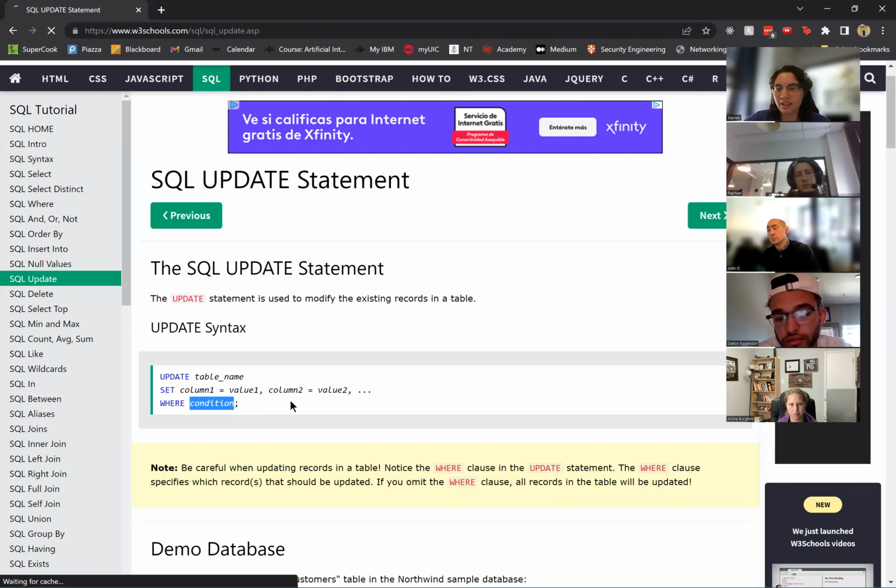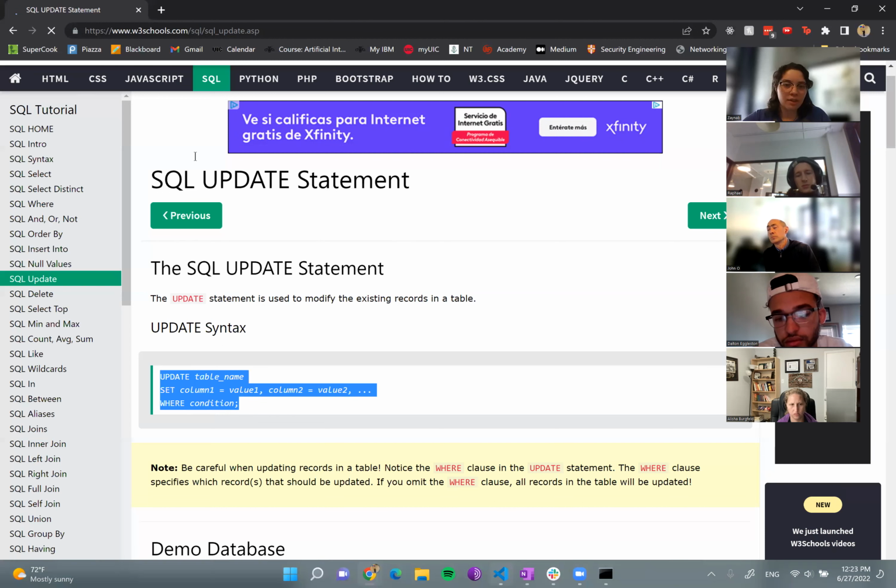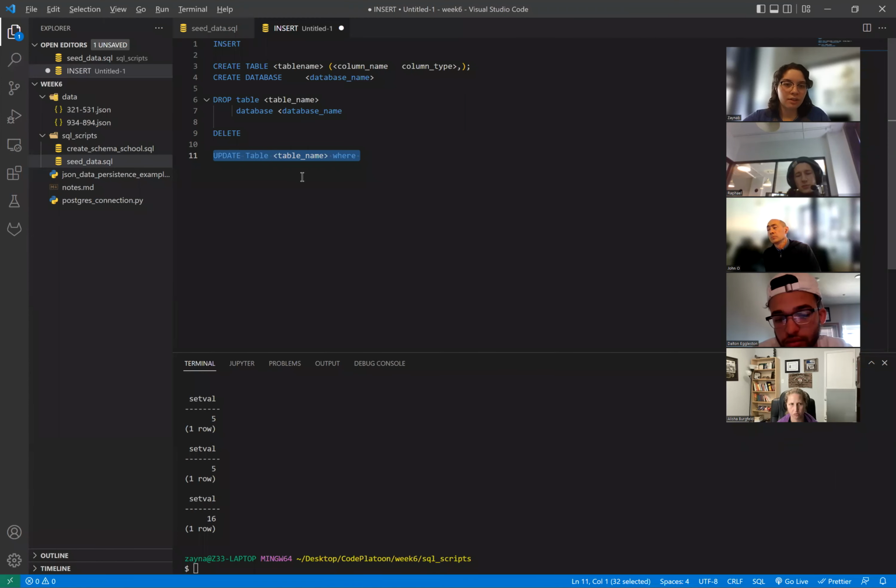But yeah, does that kind of help? I can actually just copy this in here. I was more so talking about the query syntax, but this is super helpful too. Yeah. Okay, so